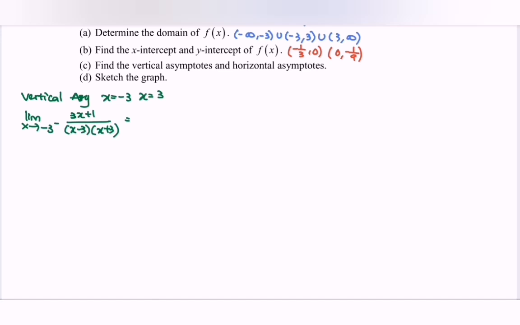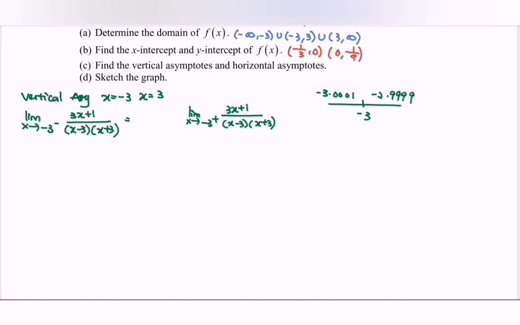Continue. We have another one: limit when x approaches negative 3 from the right, 3x plus 1 over (x minus 3) multiplied with (x plus 3). Substitute the value. As we can see in the number line, we have negative 3. When x approaches negative 3 from the left, we will have negative 3.0001. As for the right, we will have negative